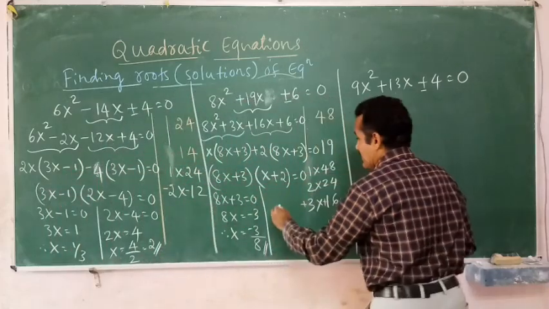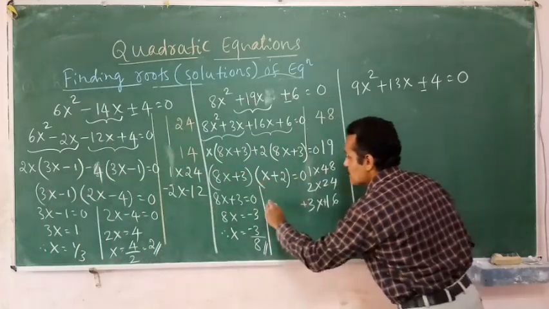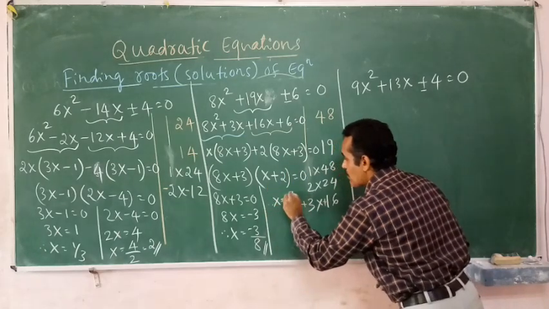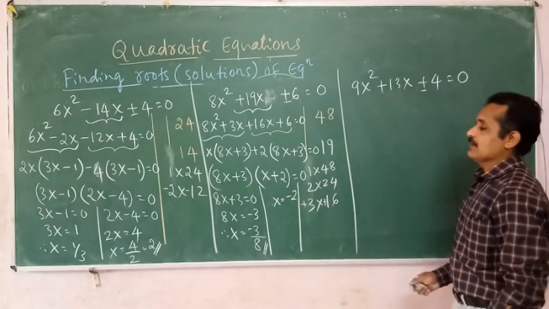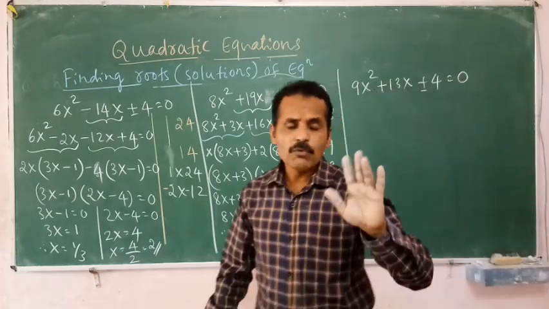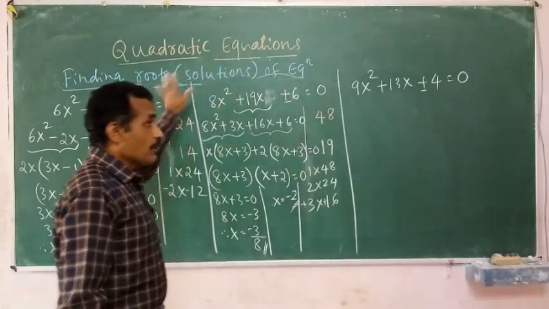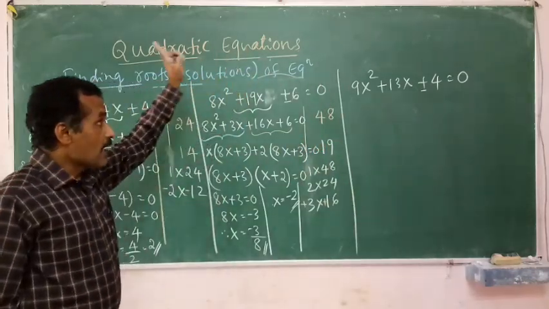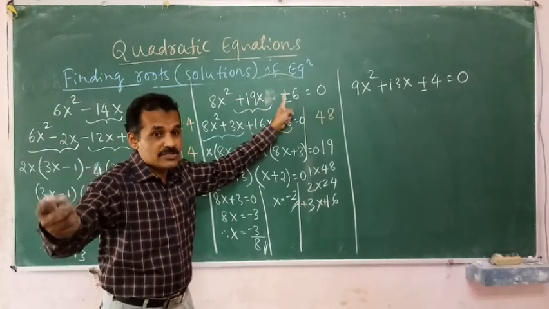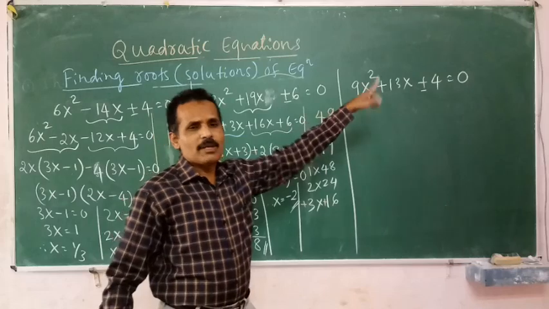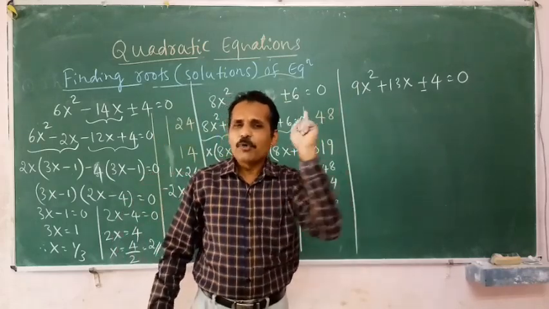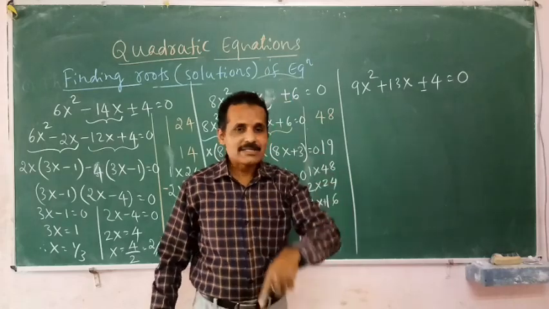If I come to this end, this is x plus 2 is equal to 0. Therefore, 2 will be shifted to RHS. x is equal to minus 2, is the second root of the equation. My dear children, now you may be familiar with this problem. See, so far I have not taken any problem with a minus sign. Probably I will teach you next. Again, there is one more problem. I feel you are quite comfortable now to solve the problem. You pause the video, solve yourself.